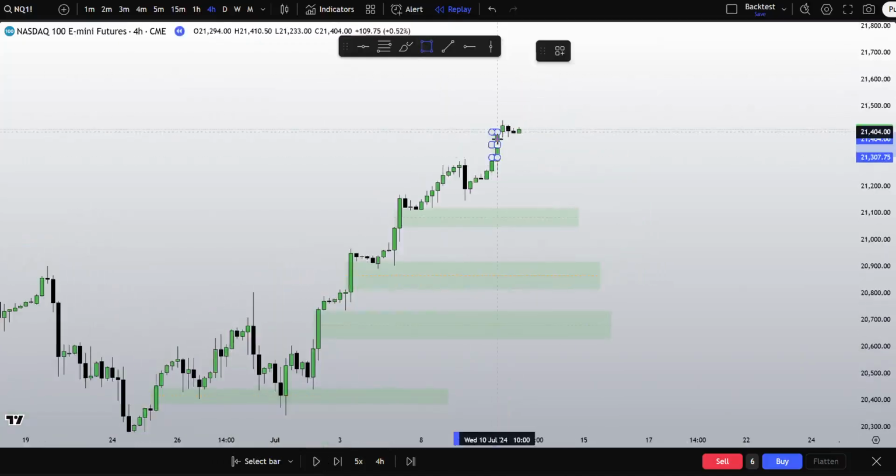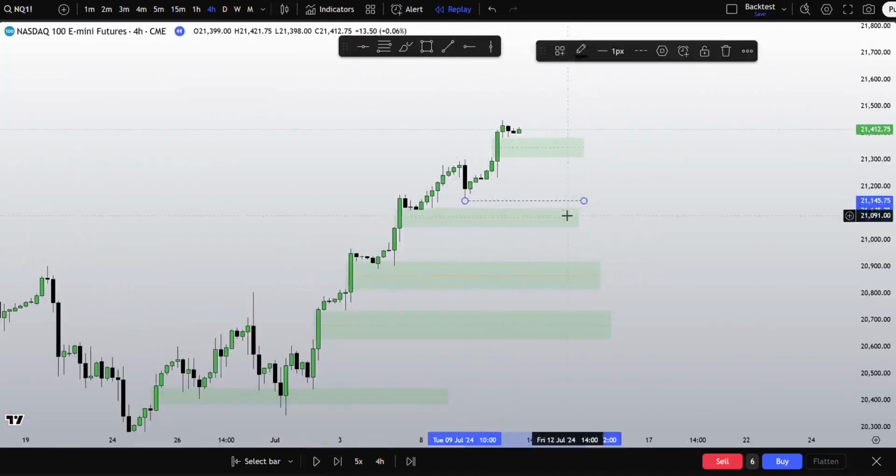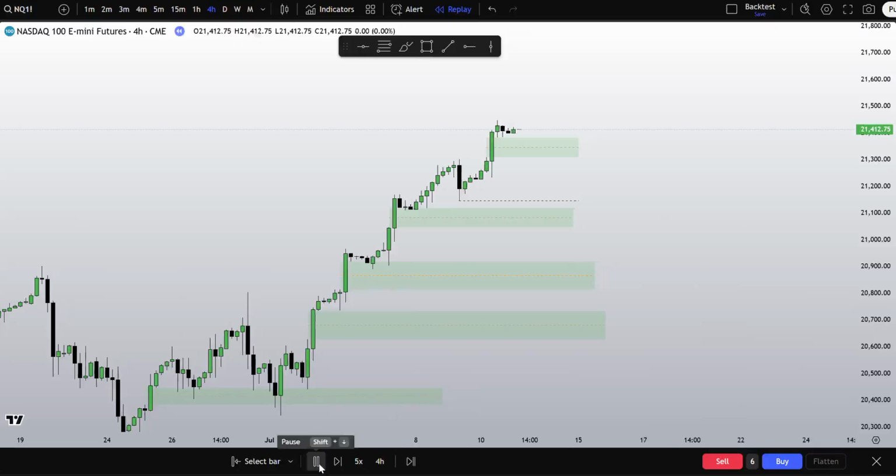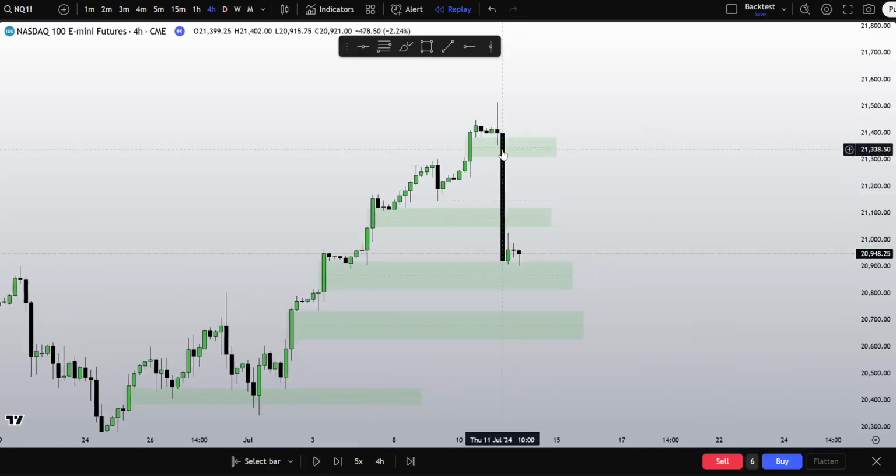Imbalance right here. Should we disrespect this imbalance, my eyes would go to this low to begin, and then the imbalance as well. And you get the disrespect, but it's a very quick move. So had we closed here, I would have targeted here, but we did it all in one 1 hour candle.